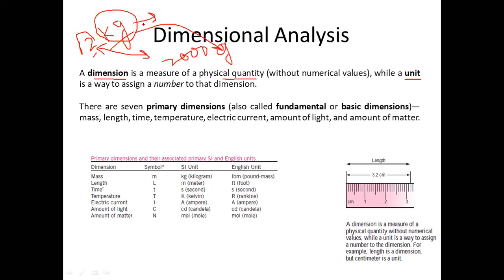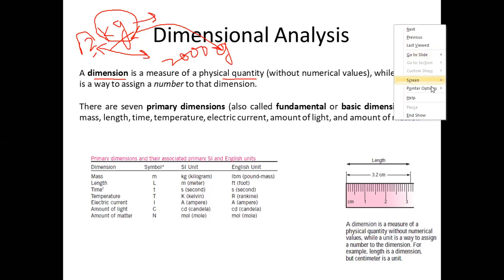If you change the unit system from kilogram to gram, you can change it, but the identity of the system should be unchanged, should be constant. That is what you need to understand in this case. If you measure something, the numerical value is the dimension, and if you assign that numerical value to a particular system of measurement, that system is called units. So I hope the difference between dimension and unit is clear to you.